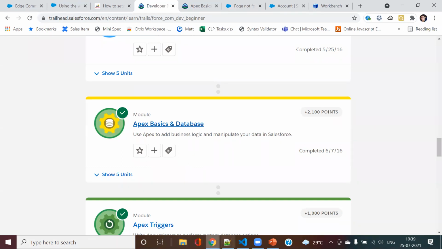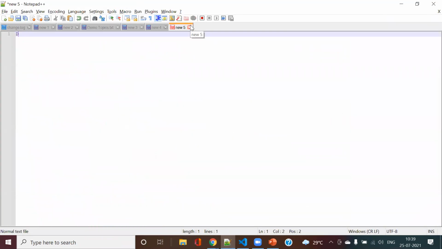So how it starts: I do my development in my developer sandbox. Once my development is done, my code goes to my SIT environment, which is generally your partial copy sandbox, where your normal agile development and testing happen. Once my development is tested by the tester in SIT, then my code goes into my UAT.